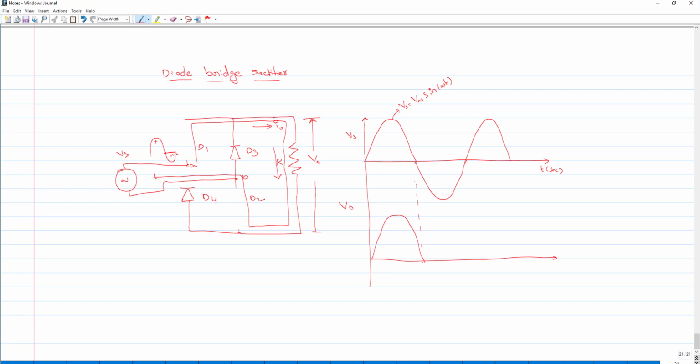Now what is left out? What is left out is this diode and this diode. See, observe carefully. So this is the positive terminal here. Now the negative terminal is connected. So negative is connected here. Compared to negative, this is also negative. Then this will become positive, and hence the diode D3 will start conducting, and then the current will flow, and then it is going to this point.